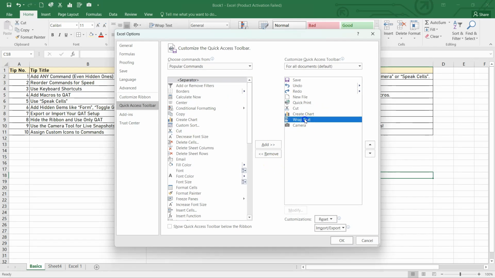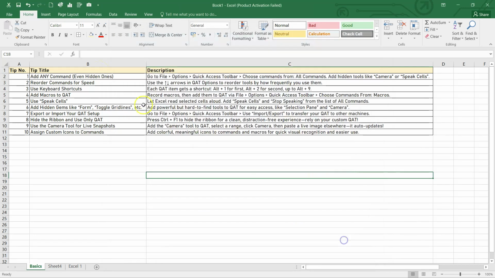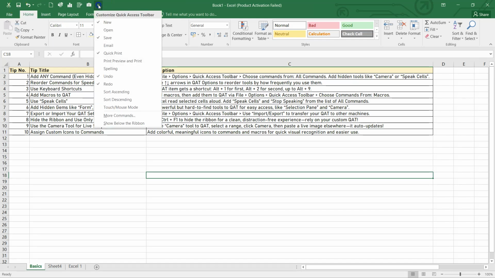And now any of the command that you want to just reorder, you just click on that and suppose I use cut a lot. So I want the cut to be at the first space. What I'll do, I'll just keep on clicking on the up arrow and it will change the place of my cut command on my Quick Access Toolbar as well. So I'll press OK and you will see that cut is appearing on the first space even before the files, even before this option, that is save.